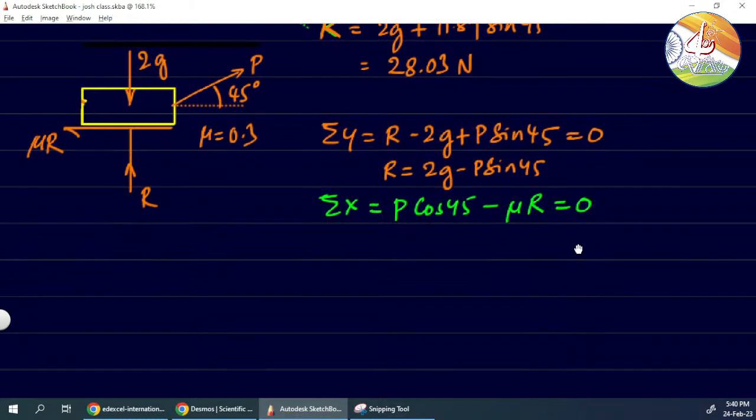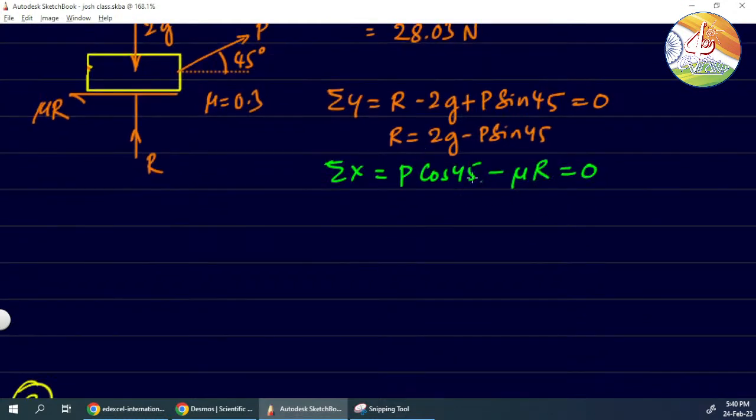Should be 0. So once again there are two unknowns here, so let us substitute the value of R here. What do we get? P cos 45 equals mu is 0.3 times R is 2g minus P sine